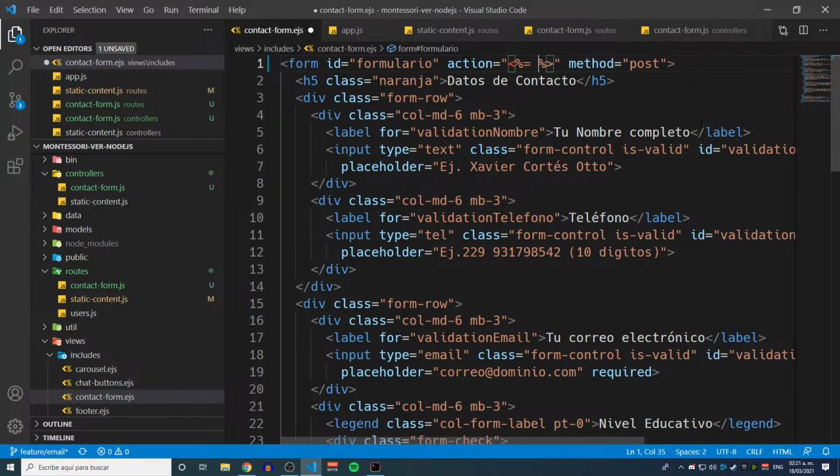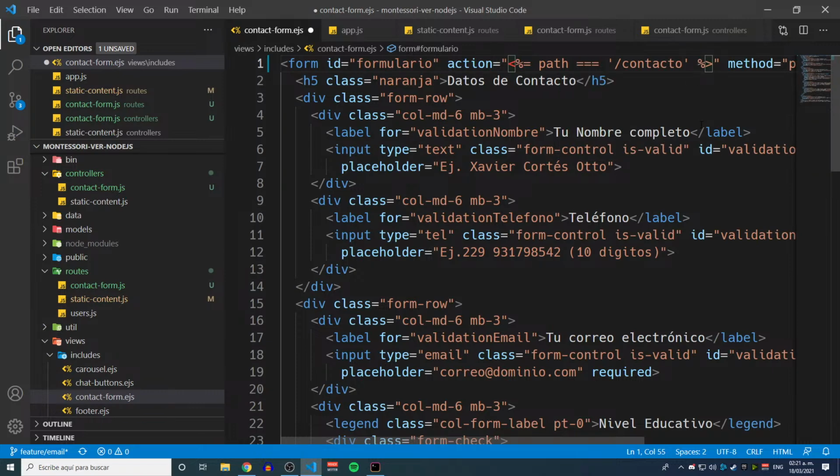Okay, so let's do that. So let's see if action path, which is an actual value, is equal to dash contacto,